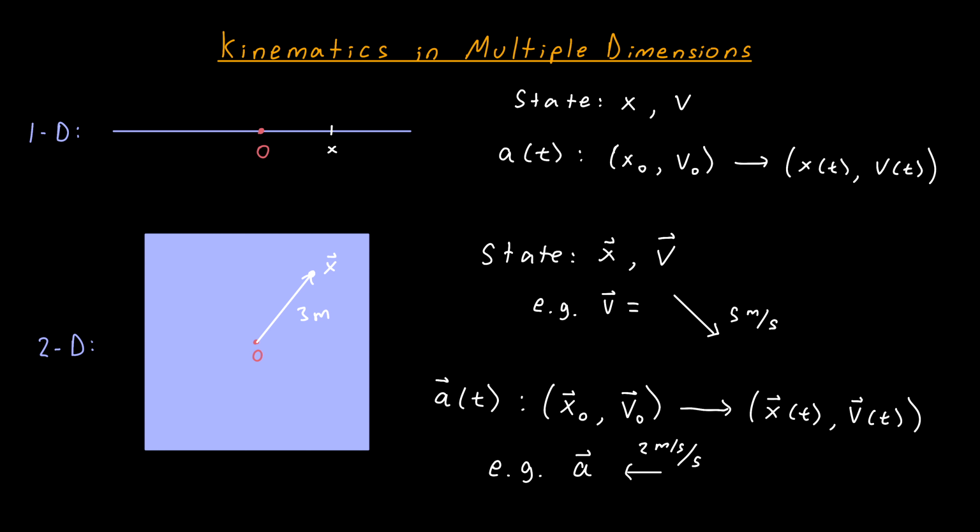Because it's describing how a velocity changes over time. Now, one advantage of using vectors in this way is that it gives us a really nice visual interpretation of how the acceleration sets up the evolution of our state over time. So if we look at the velocity vector, right now it's pointing down and to the right, but the acceleration is pointing to the left, which means that as time goes on, the velocity vector will start pointing more and